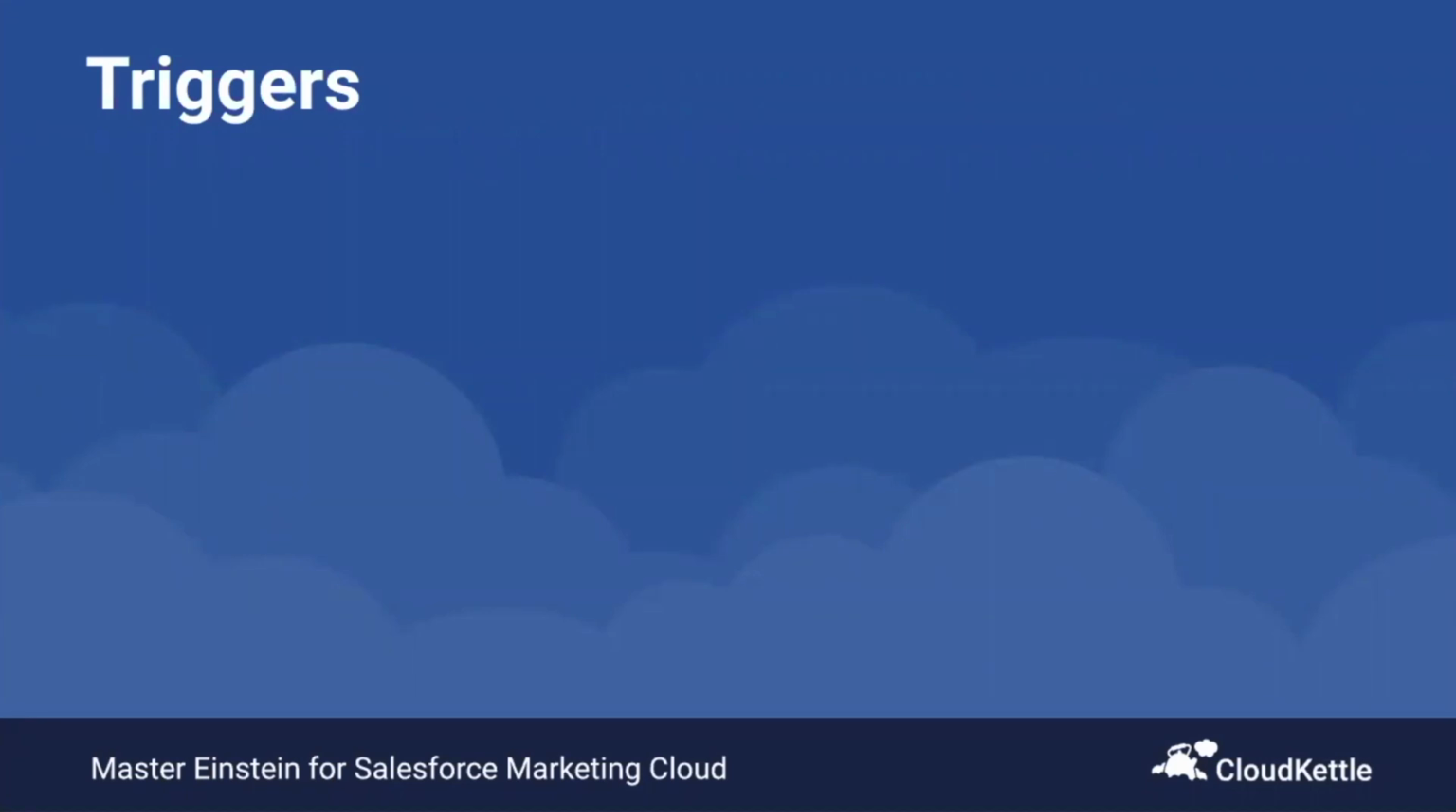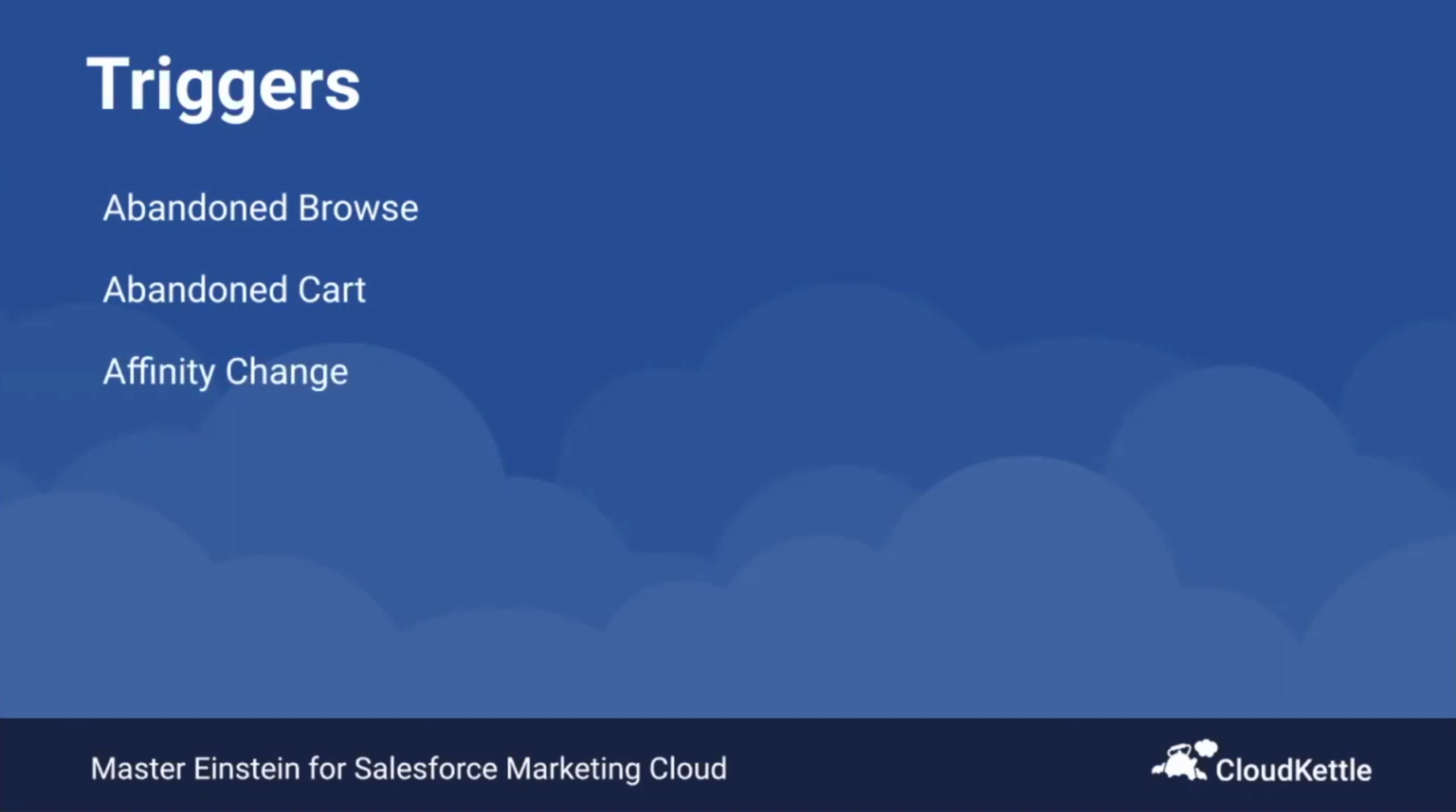Einstein recommendations also offers triggers. Triggers listen for specific user interaction or an event on your website, and when this occurs, the data is transferred to Marketing Cloud as a text file and imported into a data extension. There are a few different types of triggers available for Einstein recommendations, which include abandon browse, abandon cart, and affinity change. These triggers are fired based on a predefined execution priority and a series of rules. You can then use the resulting populated data extensions to further segment your contacts or identify new audiences, for example,